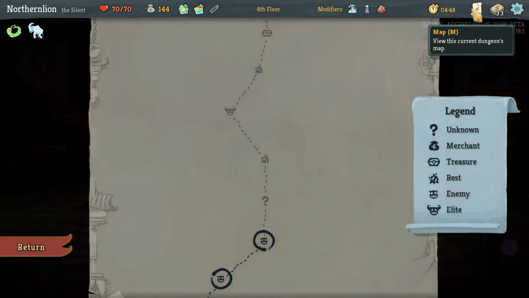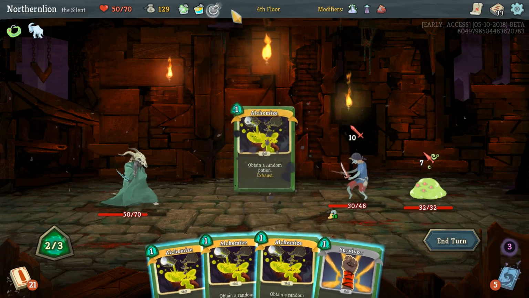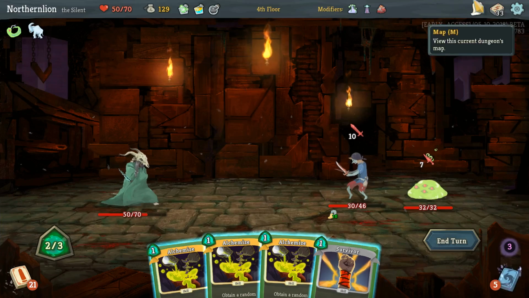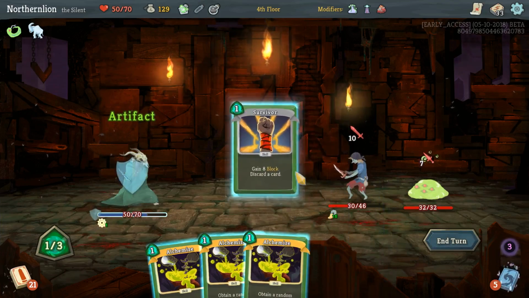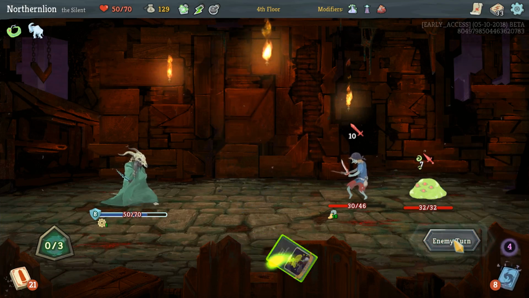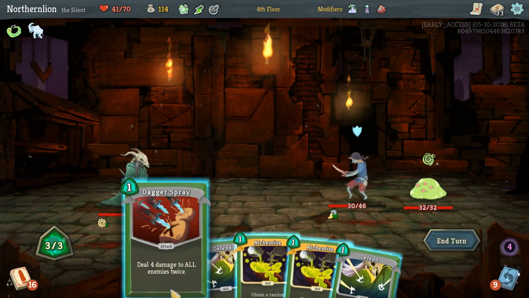Do we rest before our first elite fight? We do, yeah. This is a tough one to deal with. Smoke bomb. Escape from a non-boss combat. Receive no rewards. You know, I'm a sucker for the rewards, I guess, is all I can say here. We're not doing any extra damage. It seems like the ideal turn to introduce smoke bombs, but...